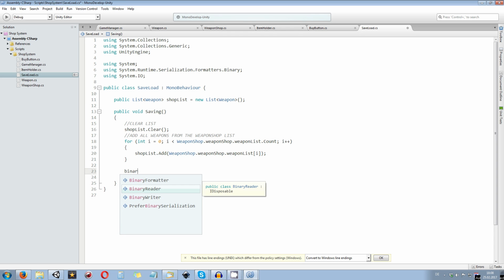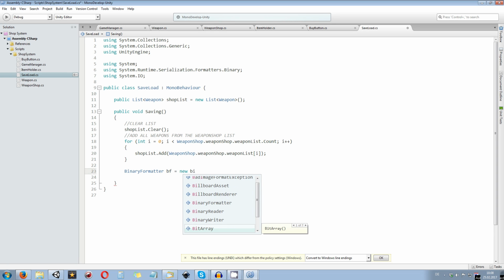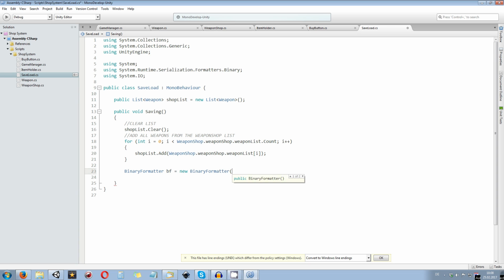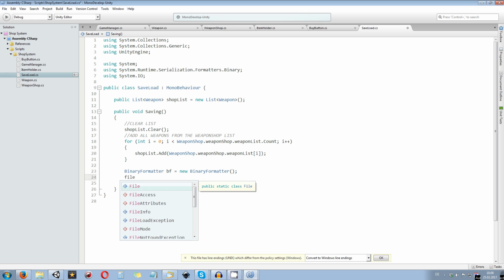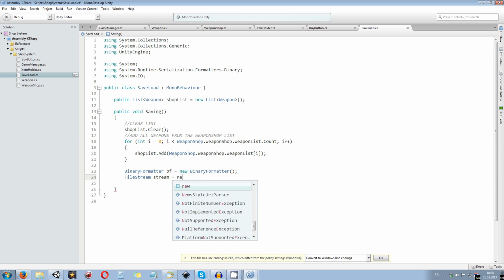We say a binary formatter is the one we need. We're gonna give it a name. We can just say BF or just binary formatter or whatever. And we create a new instance of that binary formatter, open close brackets and close the line. Then we need a file stream where we have the possibility to stream the data into, and we set a file. I'm just gonna call this one stream. It's going to be equal to a new file stream,